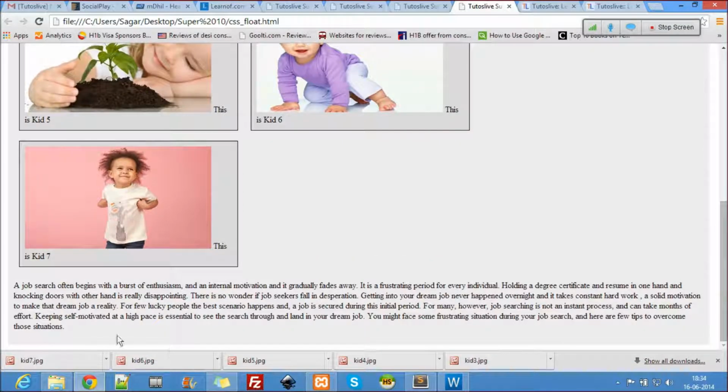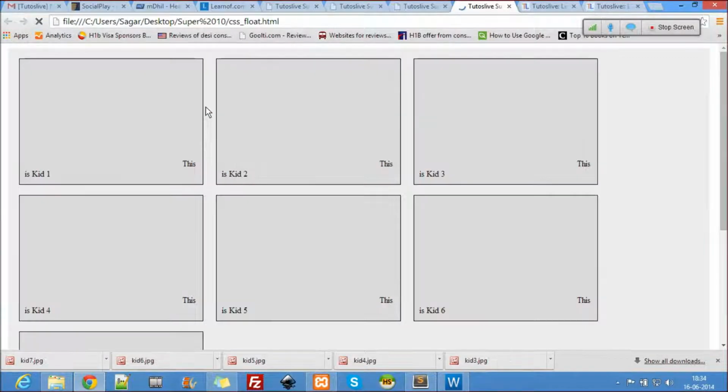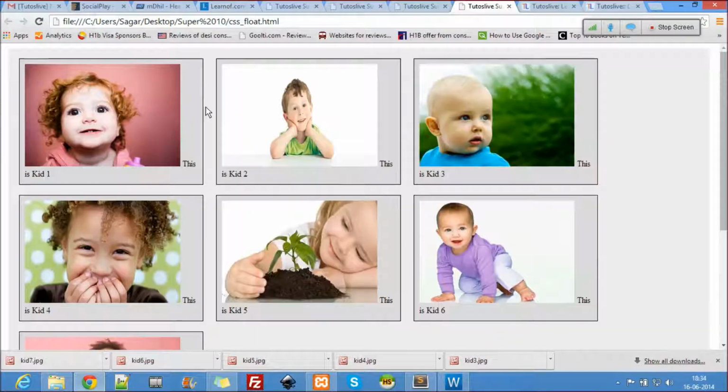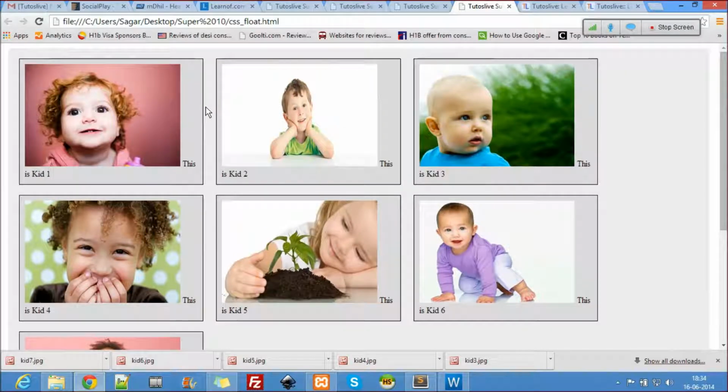But still, without using clear, I can place the content wherever it is. Let me do one thing here. Instead of 30%, let's use 25%. So we get our layout. This is our layout, right? This is our layout. So this is using inline block.